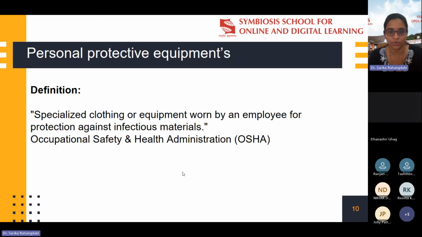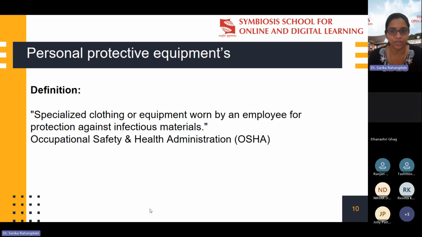Next is personal protective equipment. As per the Occupational Safety and Health Administration, the definition of personal protective equipment is specialized clothing or equipment worn by an employee for protection against infectious material. So you have to see